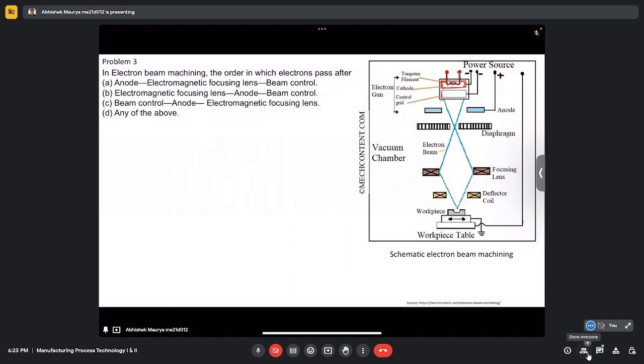So we are aware that a tungsten filament can go beyond 3400 degrees Celsius. That's how high a temperature can be achieved using the tungsten filament. And we have a material which has a low work function, so that because of this thermal energy, electrons start emitting from the surface. After that we have a control grid which allows the electrons to move only